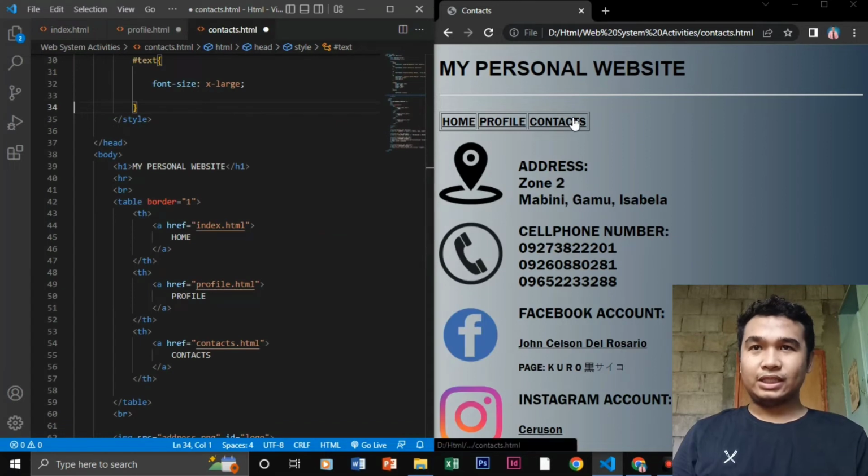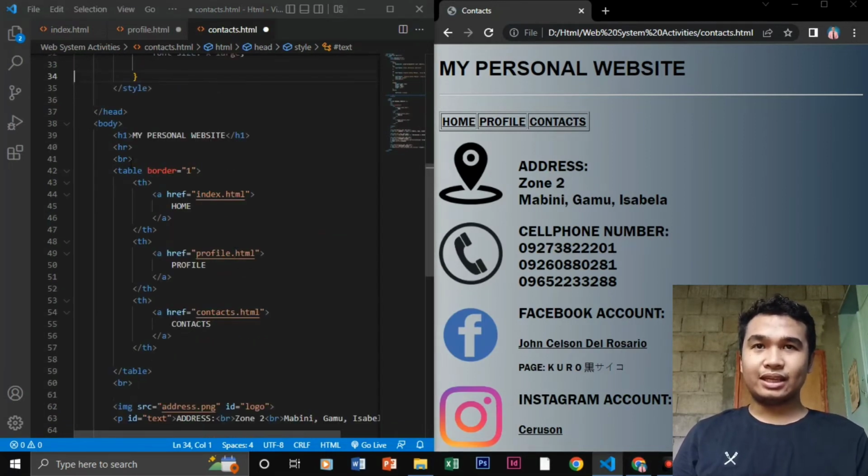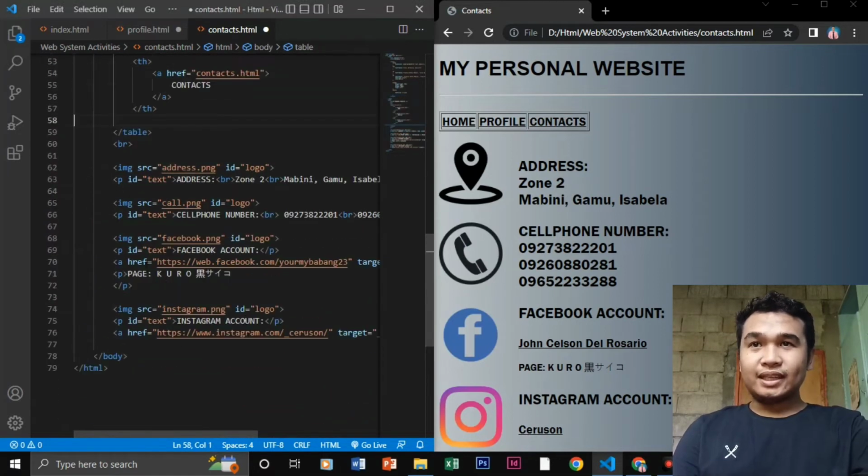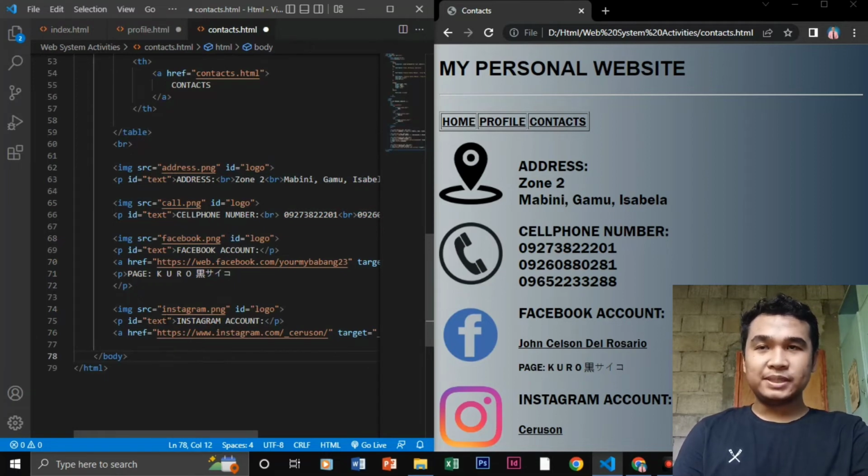Last is the contact page. The code that I will be explaining is the content and design inside the contacts, because the title heading up to the table is the same as the home page and profile page. First thing I do is I download 4 different pictures or logos: name, address, contact number, Facebook, and Instagram. After I input them in HTML,